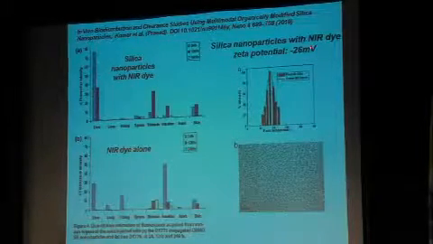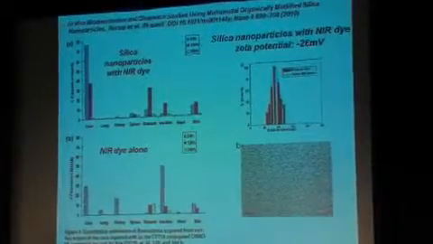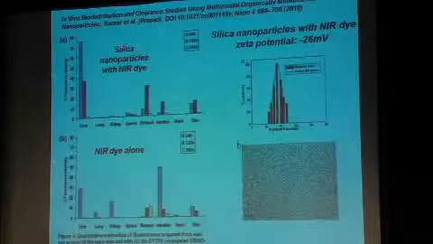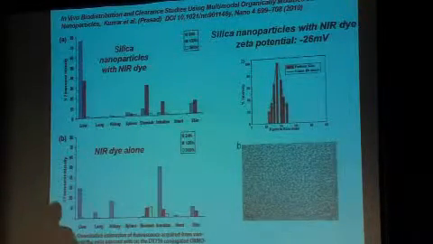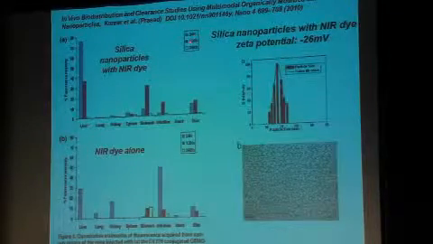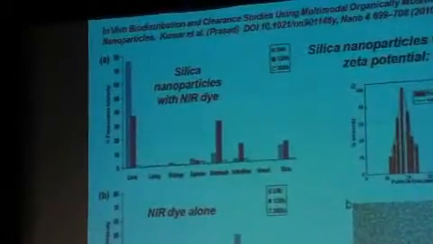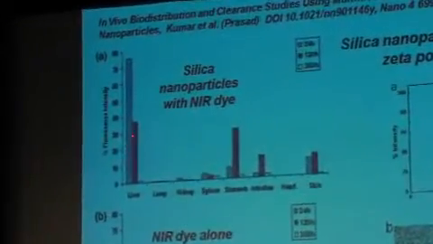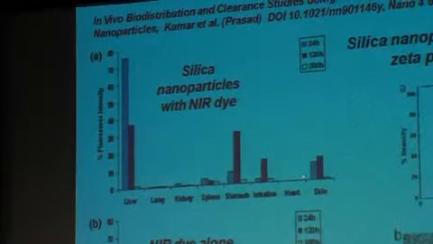And he gives this then the zeta potential, which shows that these particles are negatively charged intrinsically because of their surface chemistry. And now he puts a near IR dye in them so he can use the dye to image where the particles go inside the mouse. And he shows 24 hours, 120 hours, 360 hours of circulation after injecting these particles into the mouse. Where do they go? The liver, the kidney, the spleen, and he's got some other, the skin and the stomach.